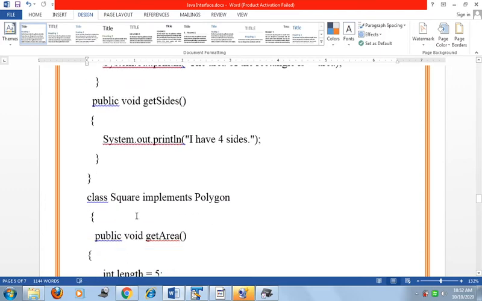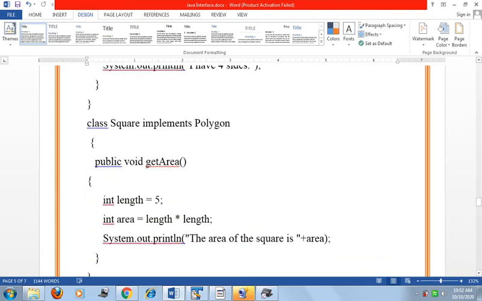Now class Square implements Polygon. So here public void getArea. When we calculate the area of the square, we multiply the length twice. Suppose the length of the square is 5. We calculate the area equal to length into length, and we print the area of the square.